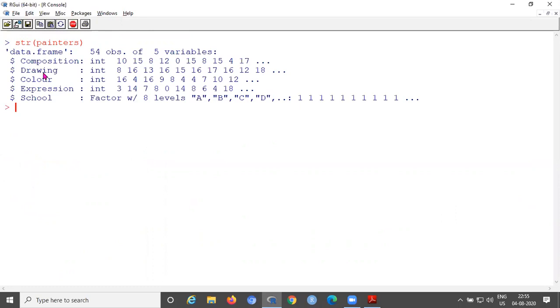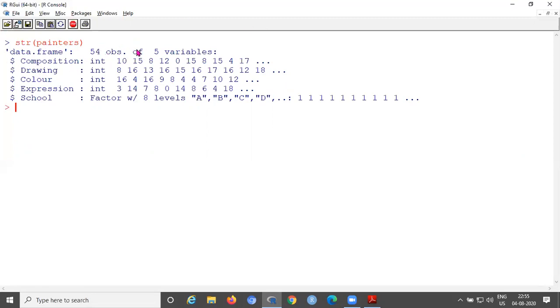Whenever you restart, at that time you call that package at the beginning. Once the package is installed and loaded, without closing the R console you can work with the same library and the same data set. That's why directly by using str(painters) we got these results.